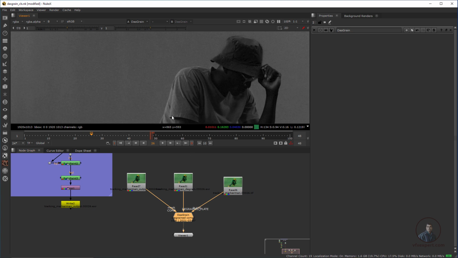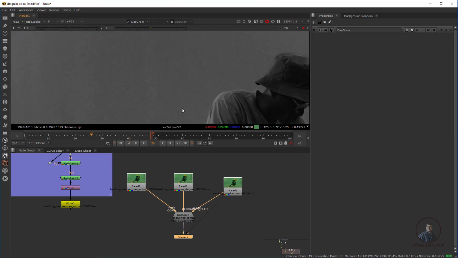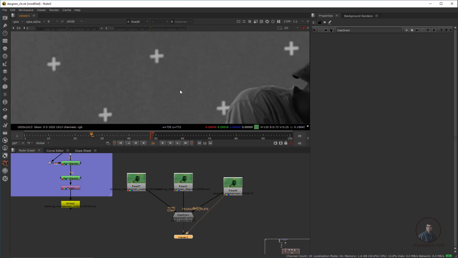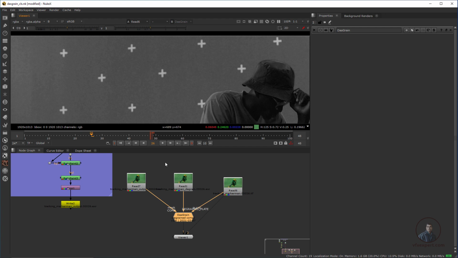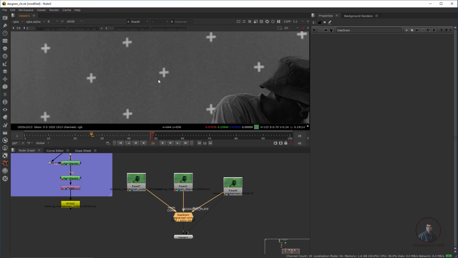Now after this we have to compare this output with our original pad, and this is our original pad. Now press 2 here. Now we just have to compare this grain with our original pads. So again press 1 and 2. Now if you see here, maybe this is not matching, because this dust grain actually applies grain on our entire plate, but we have to apply grain only on our painted area, or cleanup area. Okay, so that's why we are getting this problem here.